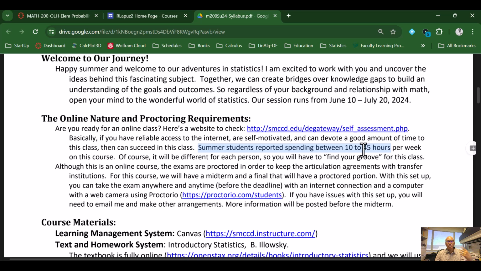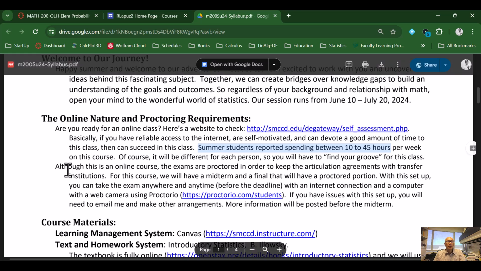But most likely between 20 and 45 hours, which is a lot of time to spend in this course to be successful. Now, if you don't spend that much time, you might still be successful, but you might not be successful. So think about allocating some time for this course, and maybe after the first or second week, you get some sort of groove for yourself, and that will allow you to kind of set the tone for this class